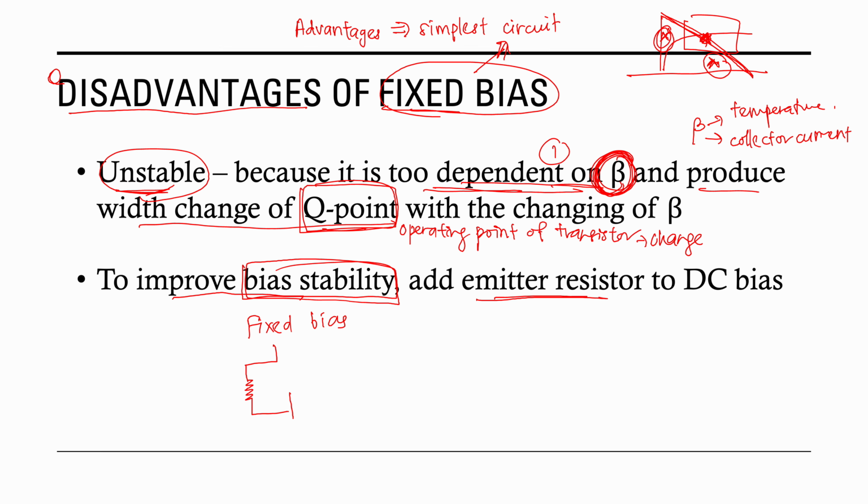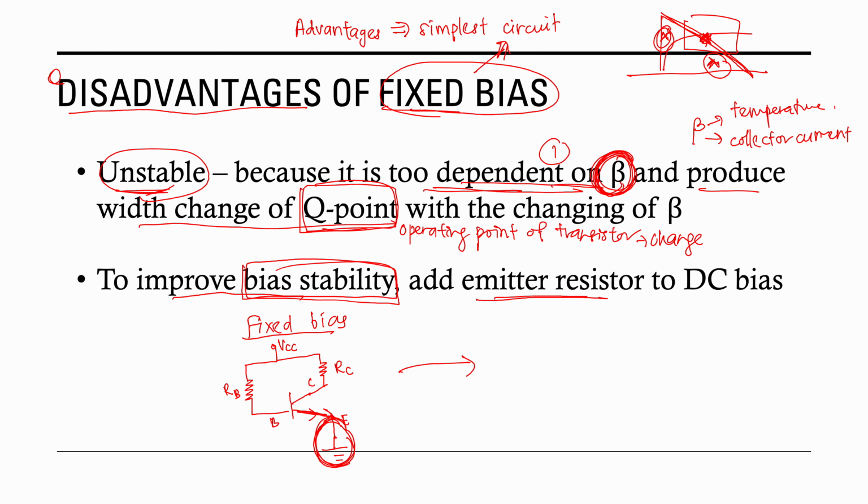So this is your transistor. Let's make it longer, then it goes right here. This is your VCC, here is your RB, here is your RC. This is your base, this is your collector, this is your emitter. At the emitter for a fixed bias, there is no resistor at all. So to improve this,